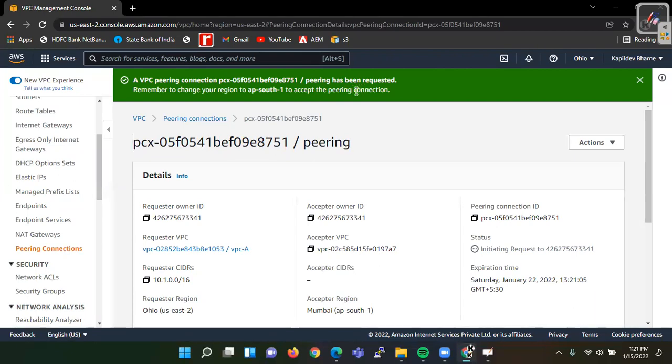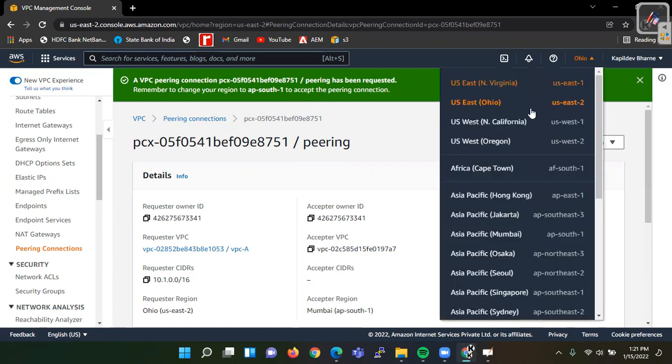Since this is our own account, in the same account we are doing this process, that's why this message is like this. If you have sent this request to any other account, then from that account you have to accept this. Now we go first to the Mumbai region.